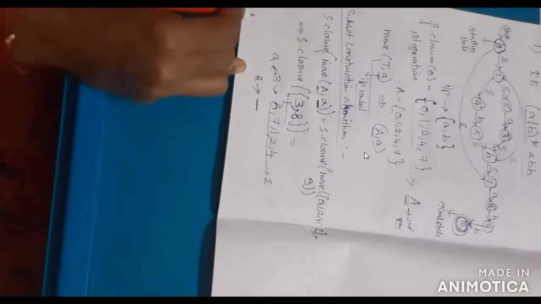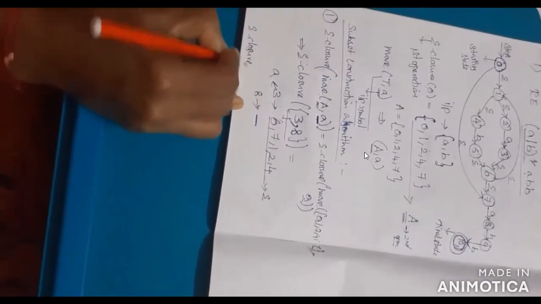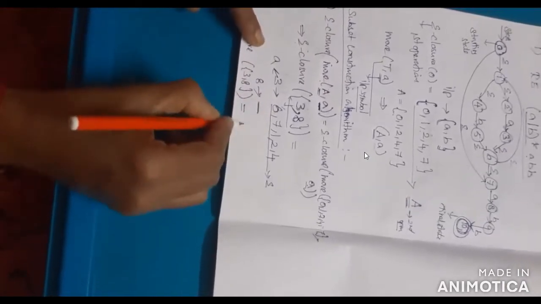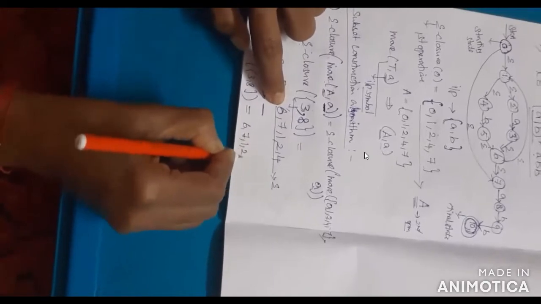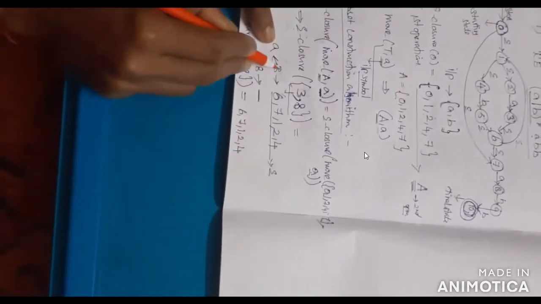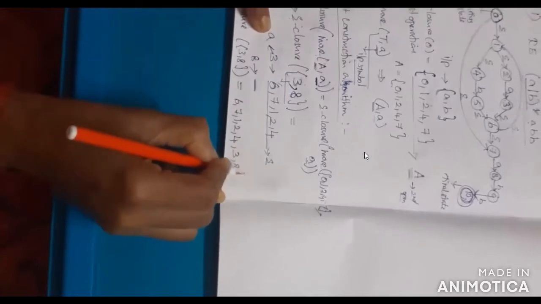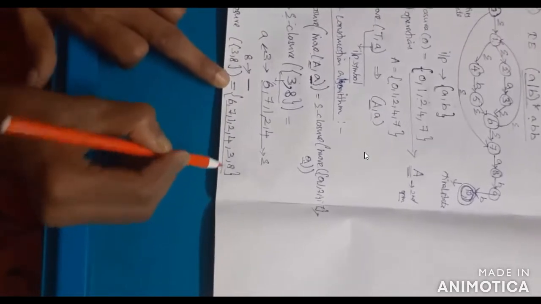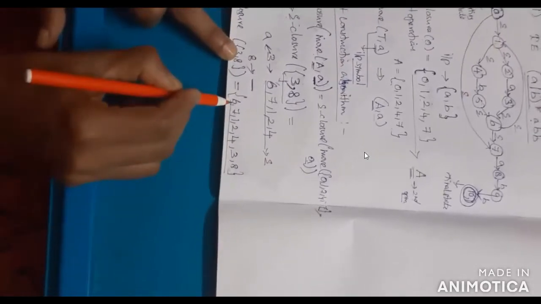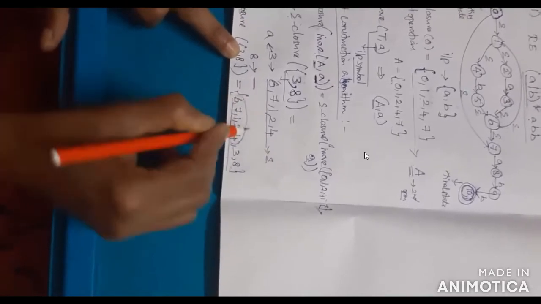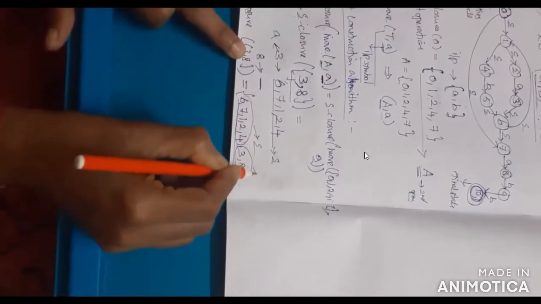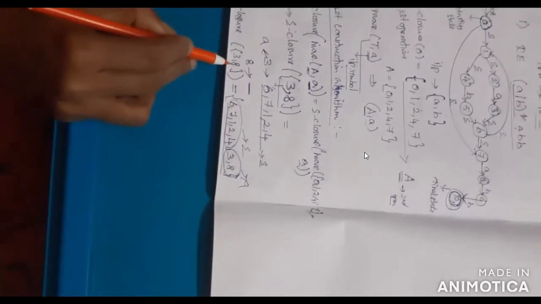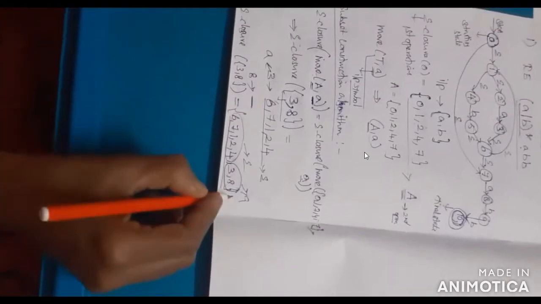So what about the epsilon closure of 3 comma 8? You can add 6, 7, 1, 2, 4 plus both 3 comma 8. So this is for the epsilon closure of 3 comma 8. Here check what is the output for 3 comma a. 3 and 8 added. Remaining all the values are epsilon only, empty only. So here move of A comma a is 3 comma 8. That is the value. So this is for the new state.